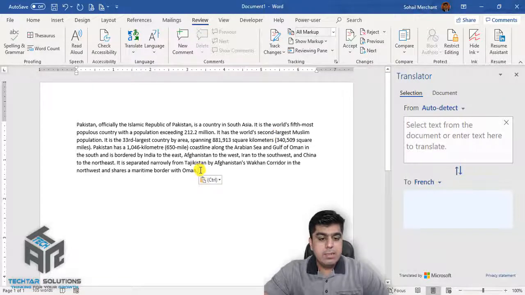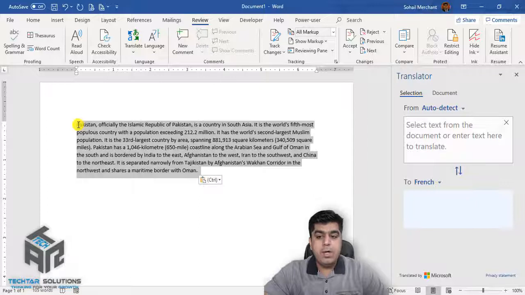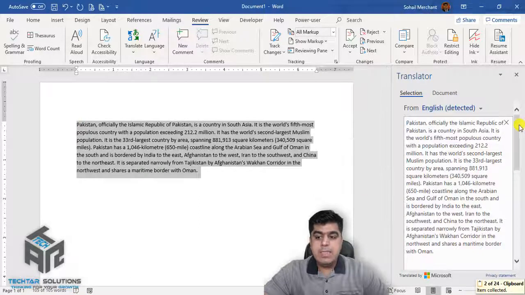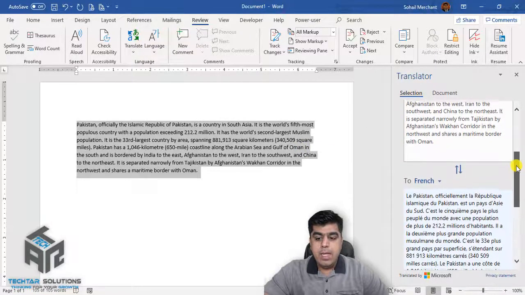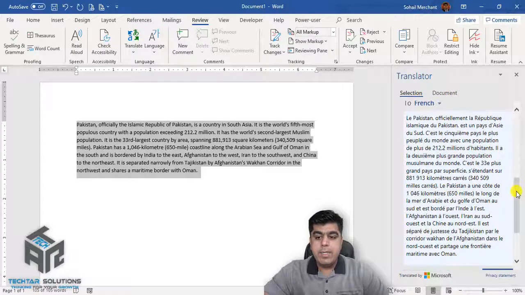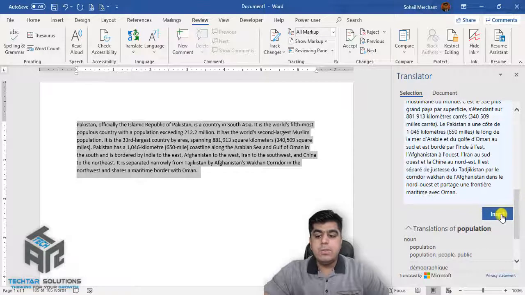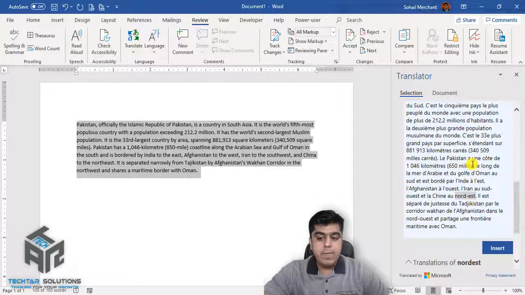Now let's just select the paragraph, and when you release your mouse, this paragraph will auto-populate in your From text box. Now you can see that the paragraph has been populated in your From text box, and it's already converted into French. And at this point you can also come across this Insert button, which will help you to take your converted or translated paragraph into your document.